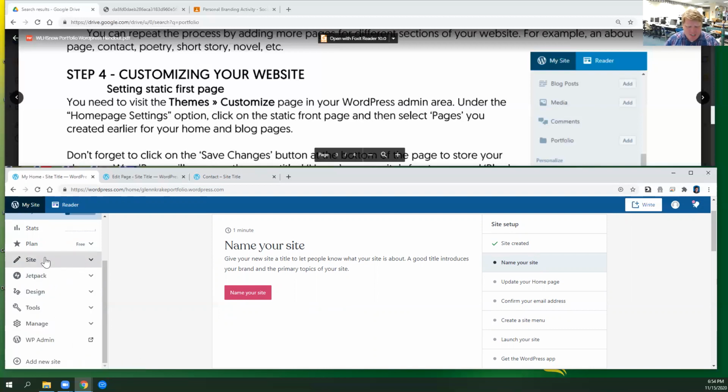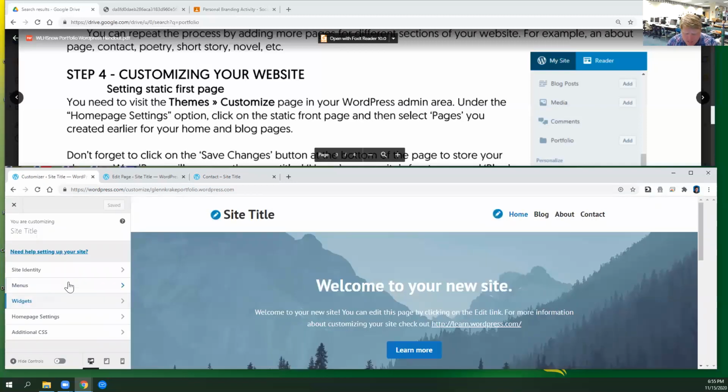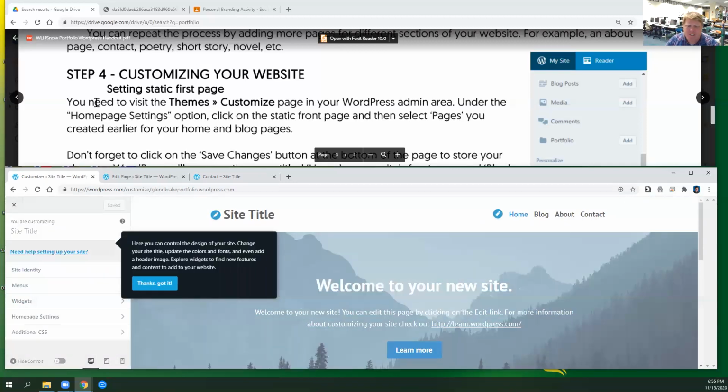But once you have pages down, the only other thing that you're going to need is under Design, Customize. Basically, we're going to take that theme that we picked and just tweak it. We're going to make it our own. And so the first thing that we're going to do in WordPress is